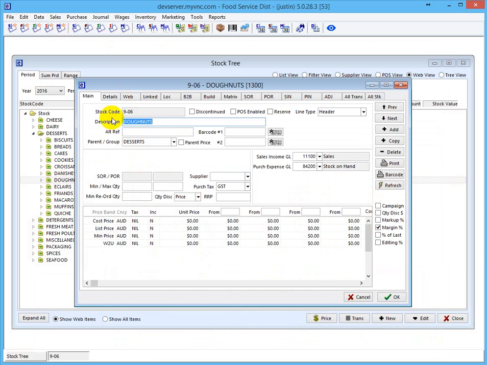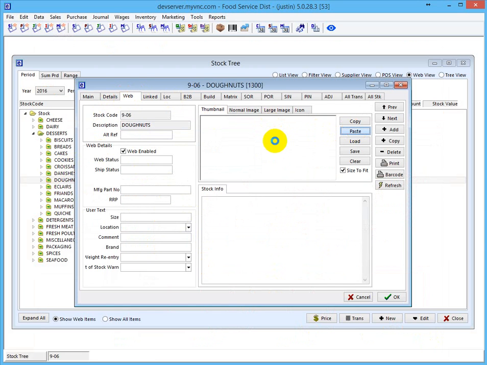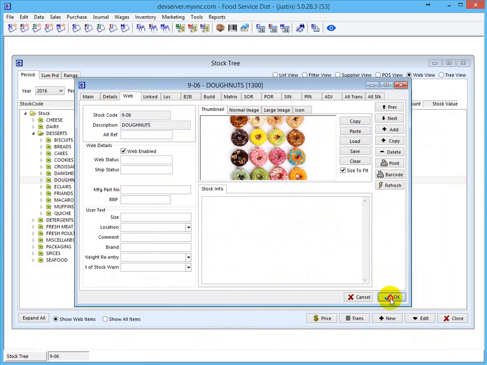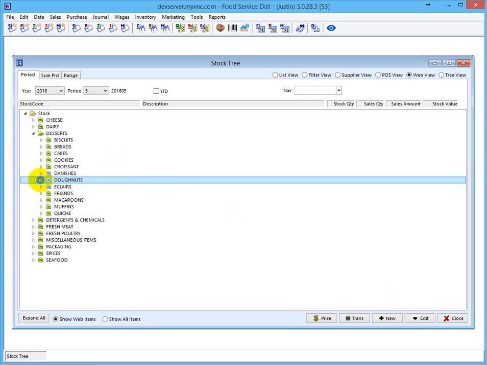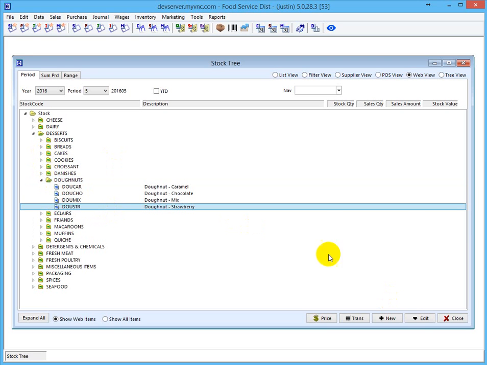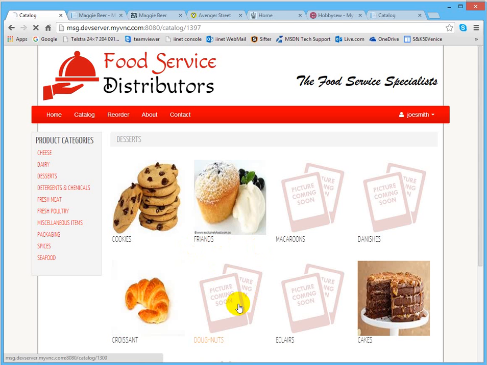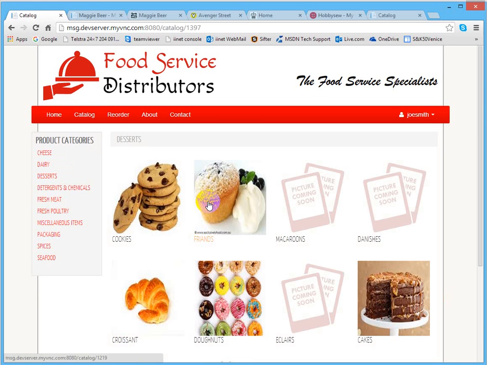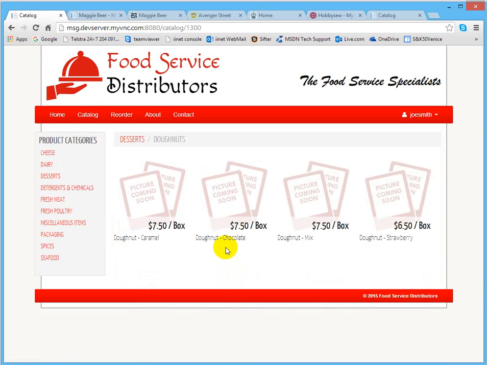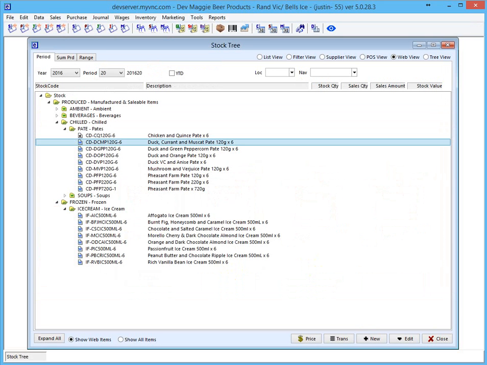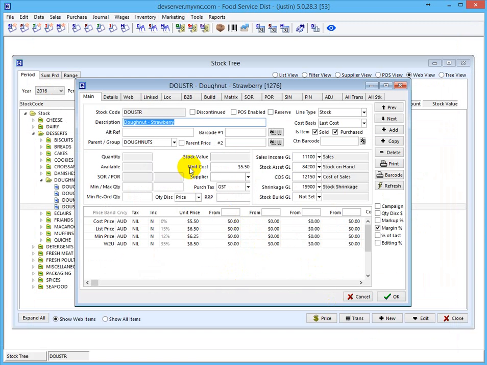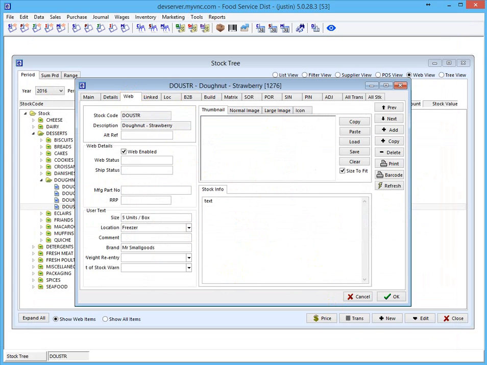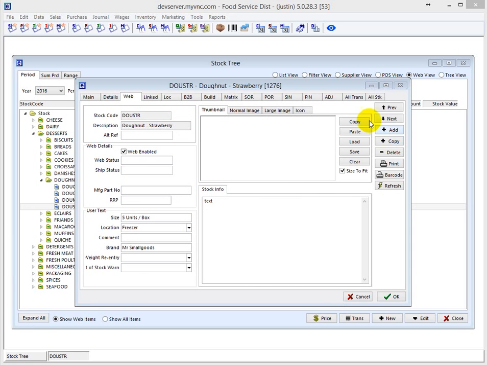So this is a folder. I'm editing a folder. I'll paste that in there, and there we go. That'll now be reflected on the website instantly. While we're at it, I know that this one hasn't got an image either. Let's just have a look while we're waiting for that. Oops, let's go back. That image should have come through desserts. There's that image that I just uploaded, and sorry, I'm looking at the wrong database. I want to upload a nice strawberry donut. Paste that in there,